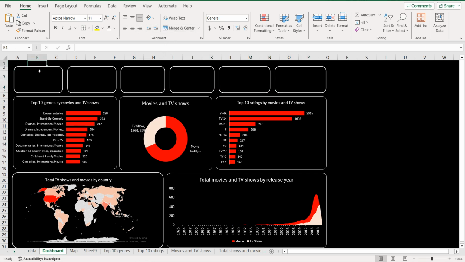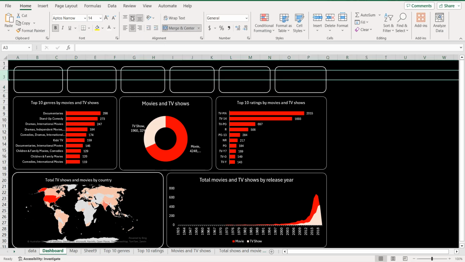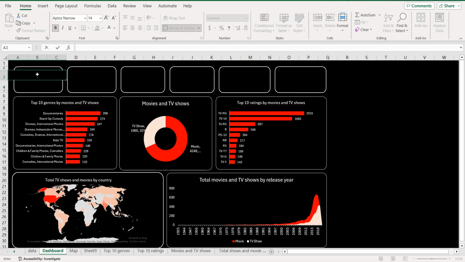Okay, so the first one it will be all of them, also they will be like that. So the first one will be total ratings, then we have total titles, then we have total genres,